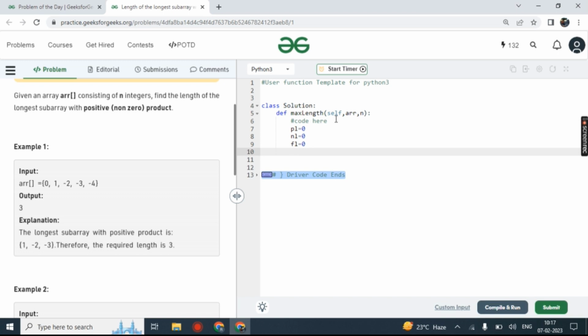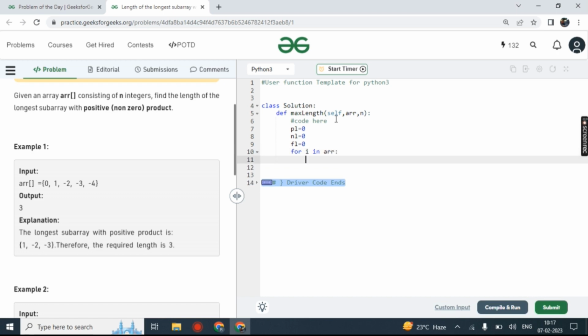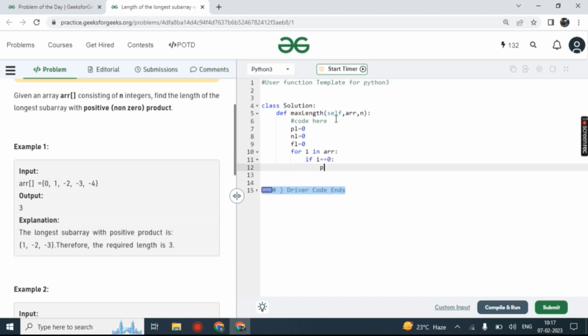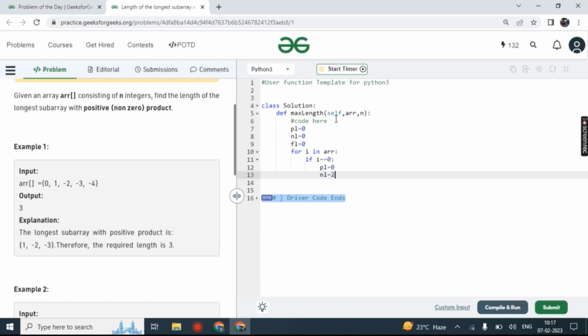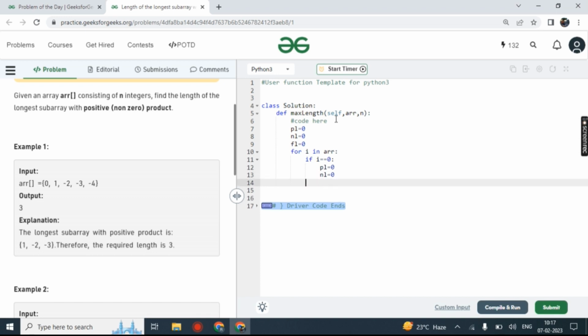So for that let me traverse the array: for i in arr, we are selecting all the values one by one. If i is equal to 0, then we are not doing anything, we just put pl equal to 0 and negative length also 0.